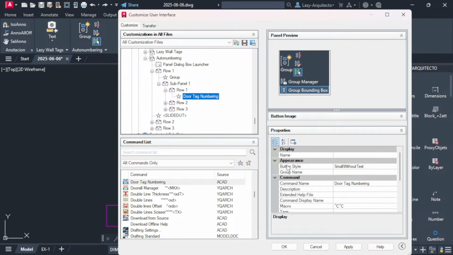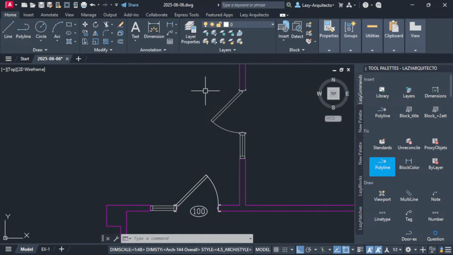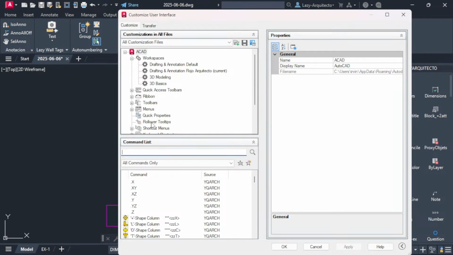Now I'm gonna hit apply for now and click OK, because we did a lot of modifications, and remember, when we work on the ribbon, it's good practice to go in small steps. Here we go. We have successfully added the door tag numbering here. So great. Now of course, if we use our tools, nothing is gonna happen because we didn't modify the macro yet. Okay, so I'm gonna go back to the command again, pressing enter to go to the CUI,